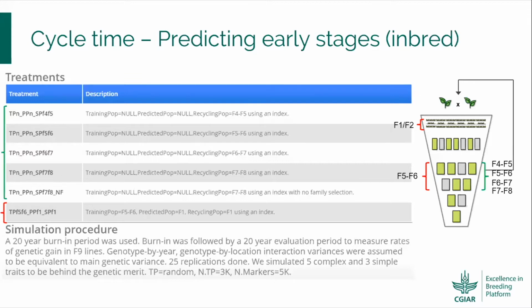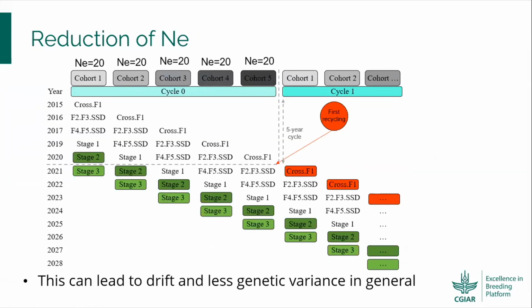When you pull the trigger to reduce the cycle time drastically, thanks to the prediction methodology of decoupling the phenotyping from the selection of parents, there was a big change in genetic gain, but also reaching a plateau. And what happens really in the background